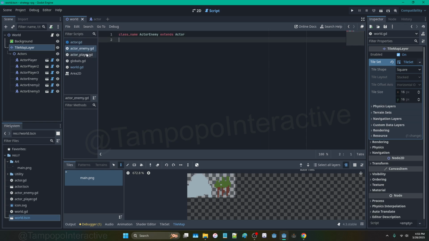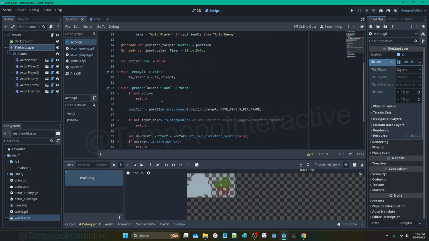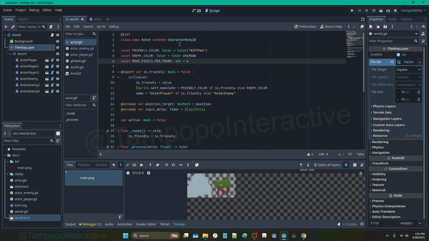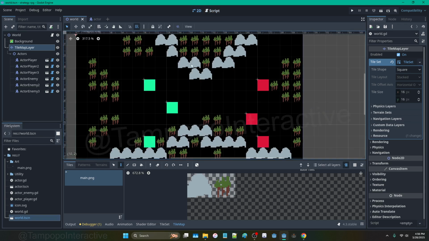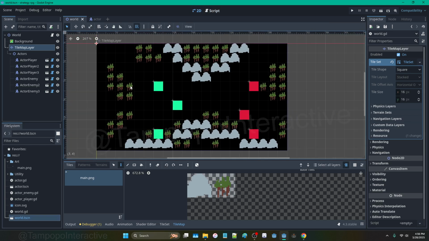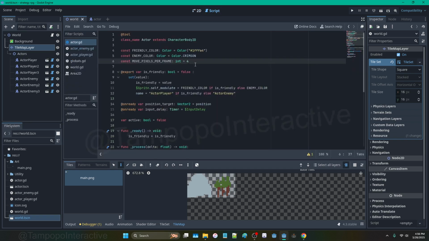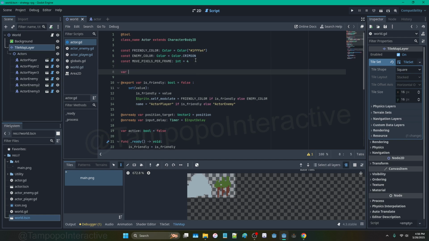We have an actor class that can move around. It's clamped to a grid. And we have collisions. We're also starting to get the separation between actor and player. I know we're going to need something like